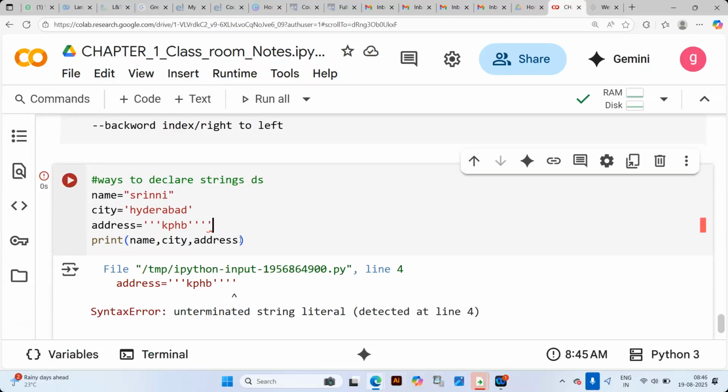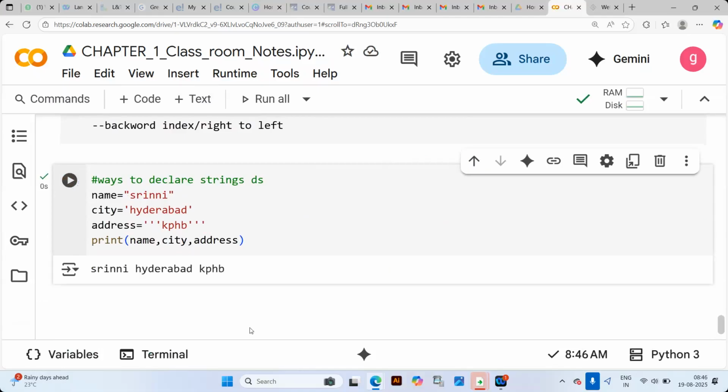Here an additional comma exists, therefore it has thrown an error. I hope you understand that Srini is declared within the double quotation, Hyderabad within the single quotation, and KPHP within the triple quotation.